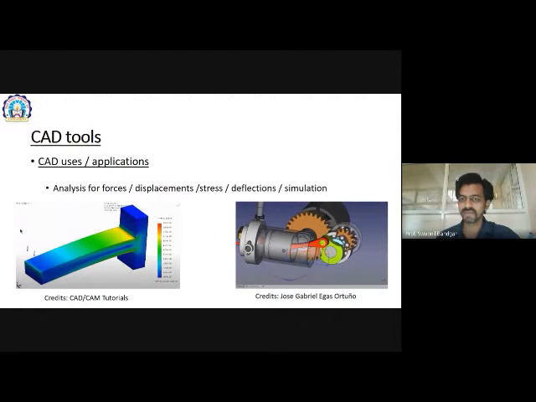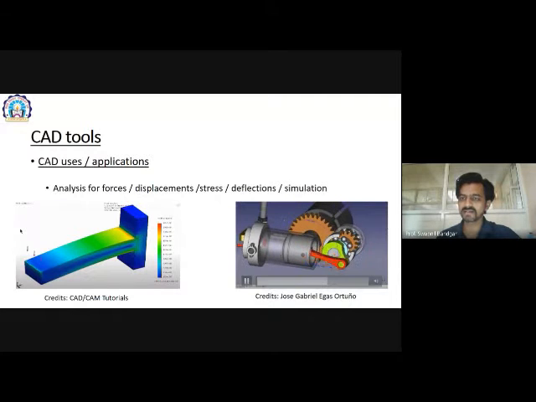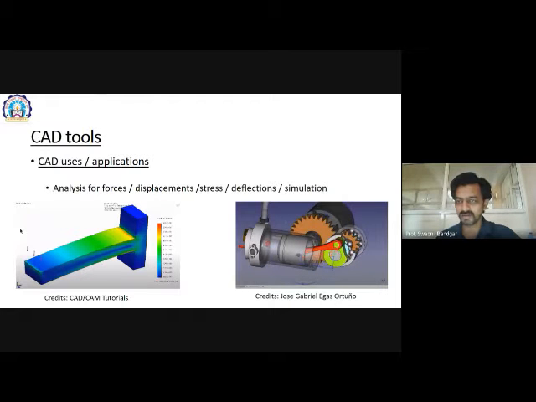So it will show if it is working properly, then it means that your simulation is right and your design parameters, lengths and dimensions are good. And if it fails, then it will show an error that we can't rotate this part or we can't reciprocate some parts. Okay, or there might be interference. If the center distance of the gear is changed, then there will be interference, or the meshing will not be done there. So this is the simulation in a CAD tool.